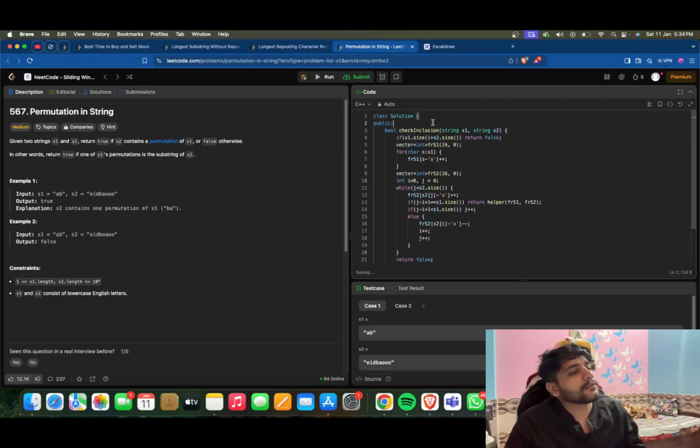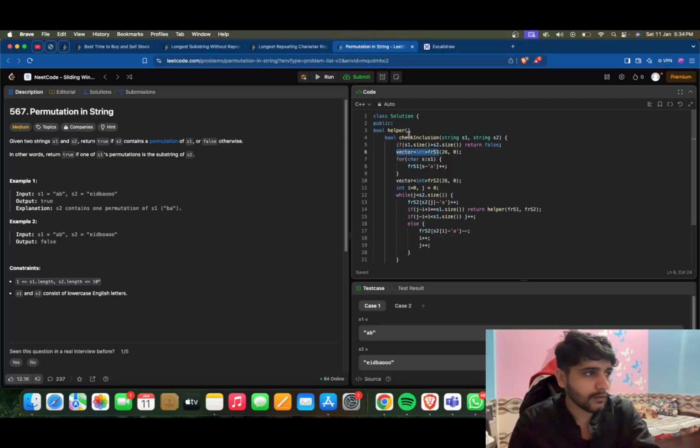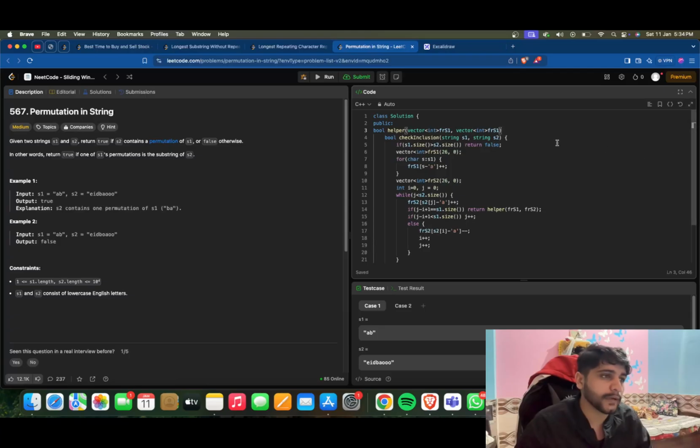So we have to write the helper function now. So boolean helper will take these two maps, these two vectors actually. So it will take this and this. Yeah, it will take two vectors and it will